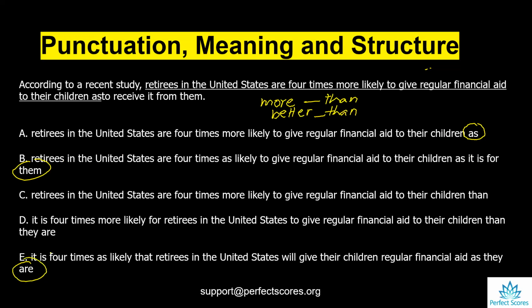So what your process should be in the test is, once you realize that this is the error in A, without reading the options in detail, just quickly go to the end of every option and see if they even have a "than". Since they don't have it, just eliminate A, B, and E quickly without reading them. Now,